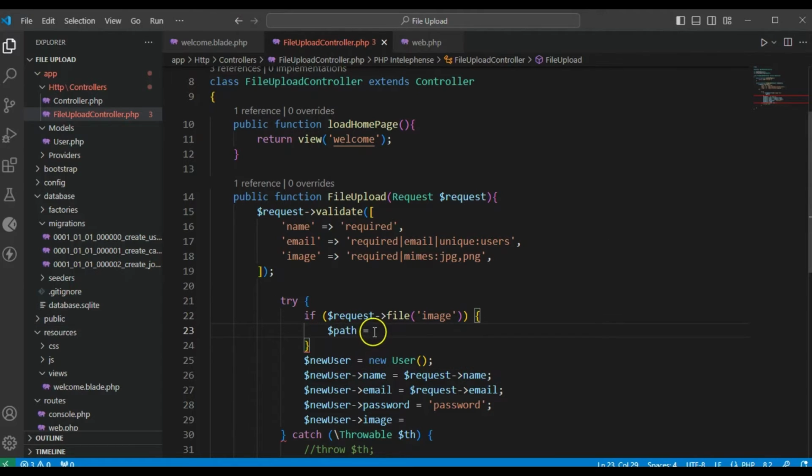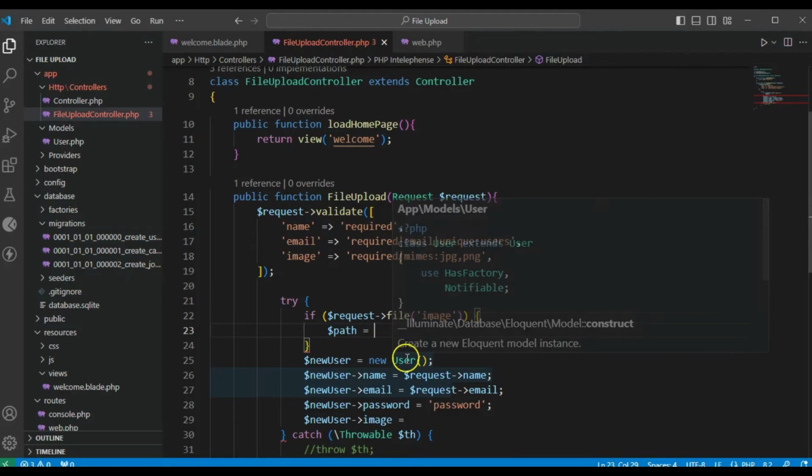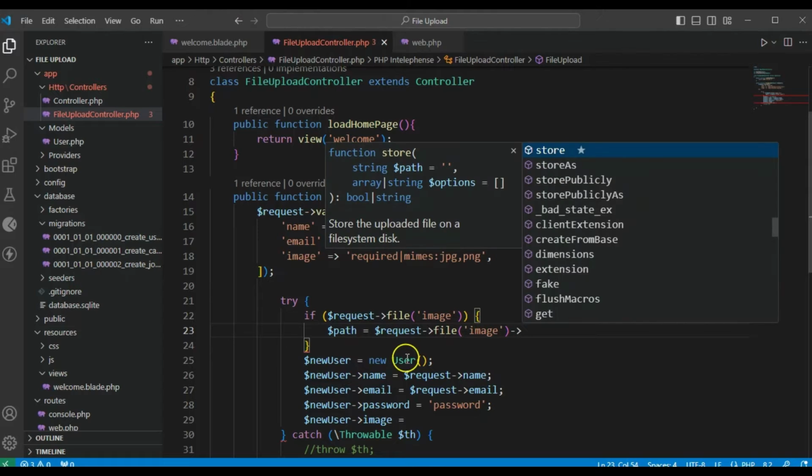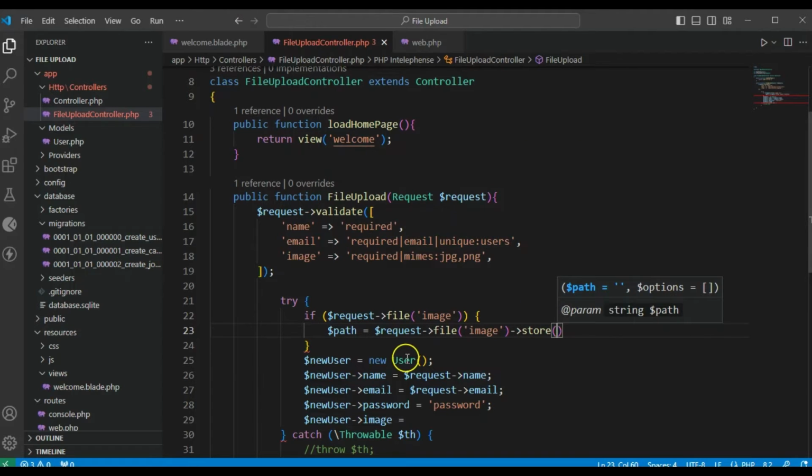This will carry the path for the image, so it will be request, then file, then the name of the field, then I'll say store, then we need to store where. So here I'll say store in the public, then images. So this will create the image and store it on this path by using the symbolic link that we have created